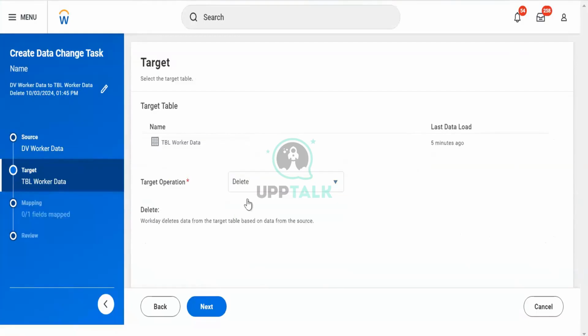What is the meaning of it? Delete: it will completely delete the data. Upsert: it will insert the data if it doesn't exist. If it exists, it updates the data. Let's